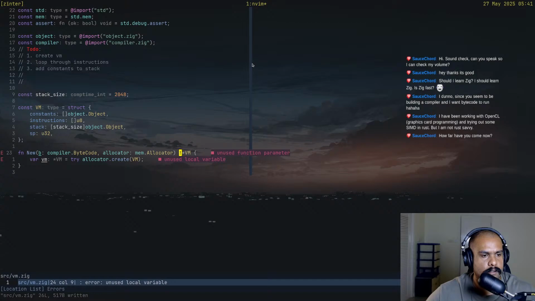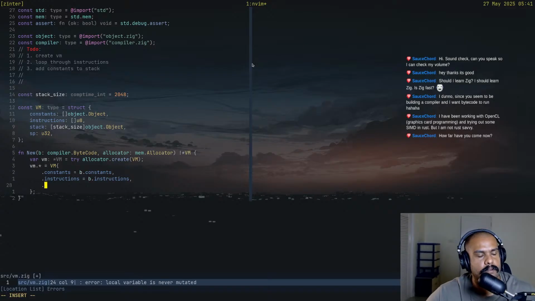This can add a, and then VM is a pointer, so dot constants is bytecode.constants, and then instructions will be bytecode.instructions, and then stack is equal to